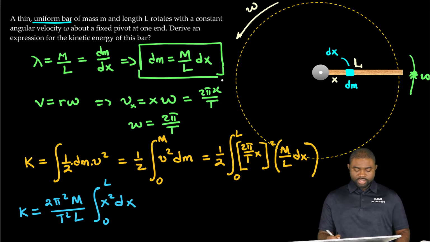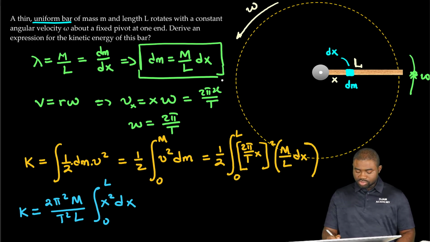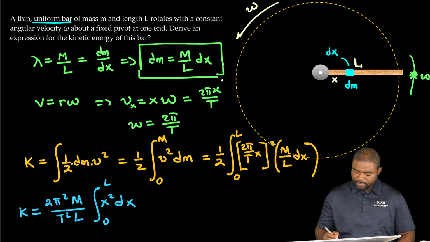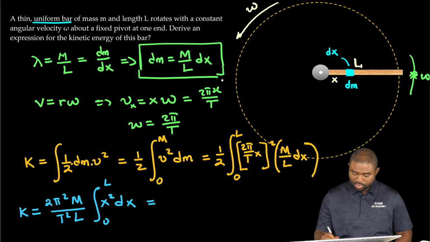Now you must pay attention to the various terms, not to neglect any. So this will be equal to 2 pi squared M divided by T squared L